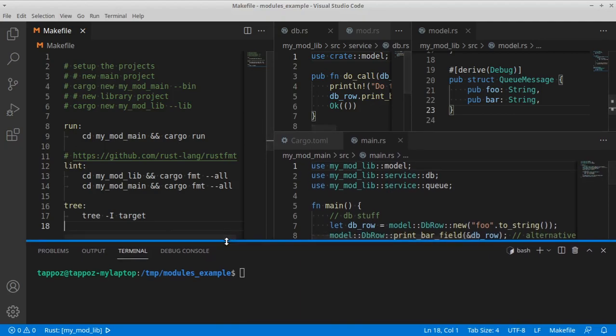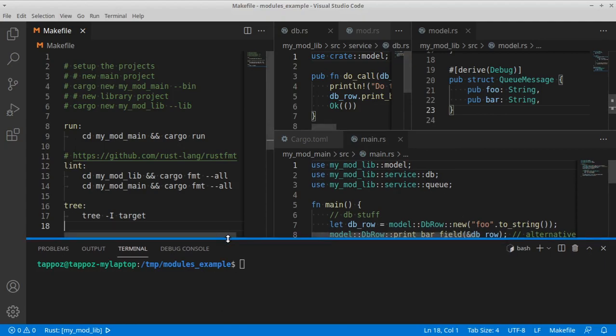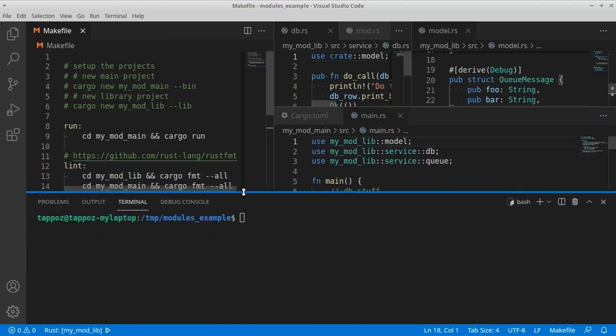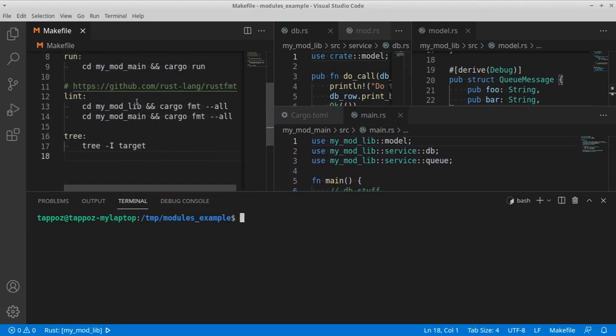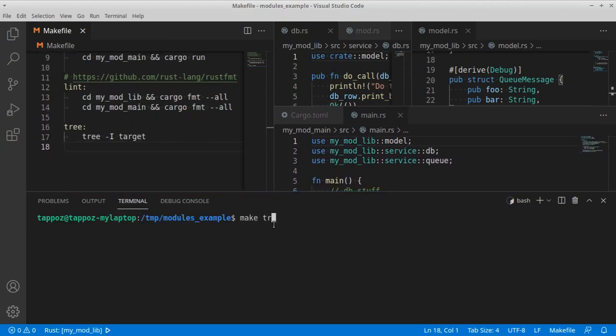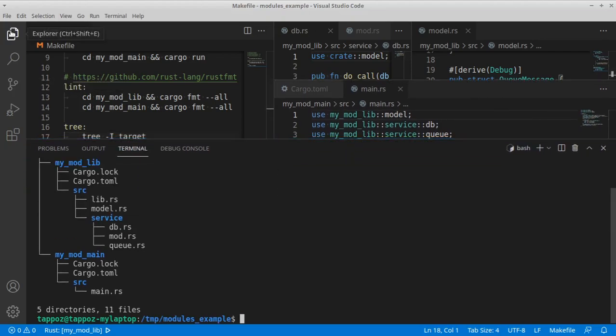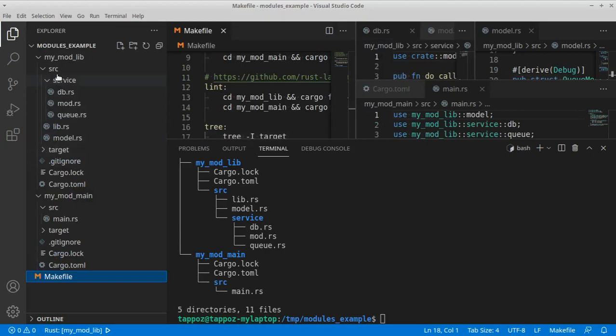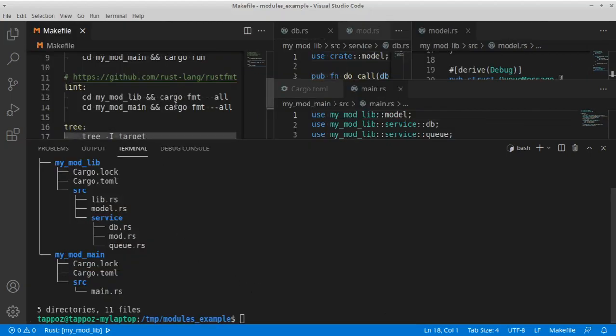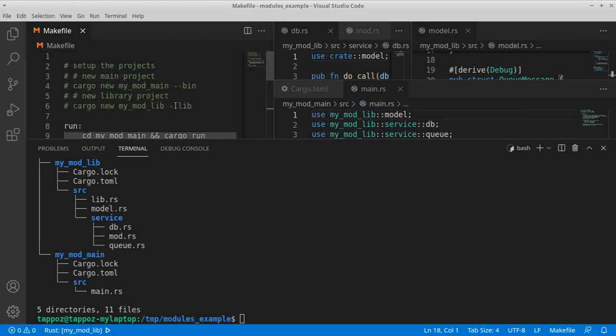So in our case, I just wanted to show you how we can wire up together multiple different things in order to be able to run them in an orchestrated way. So for example, here we have make tree, and we can see that we can print basically what's happening here in our tree explorer in our editor. And the reason why I wanted to show you this is because we can see how we created these projects